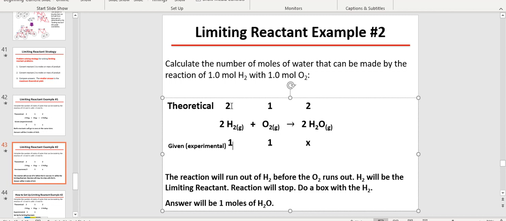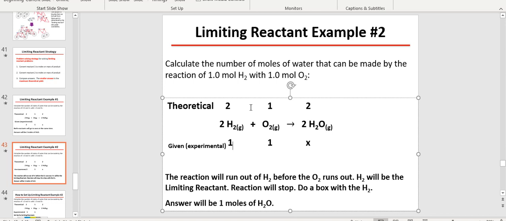This one here, 2, I need 1 of these guys for it to go to 0. So what's going to go on here? I only have half as much. So which one is going to run out first? All right. And hopefully you can see there that this one here we're going to run out of first, because